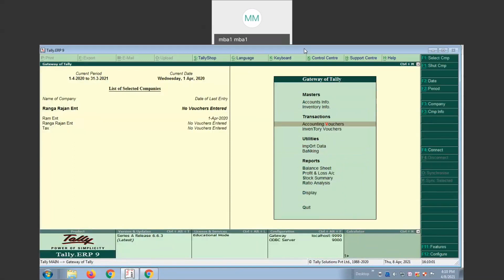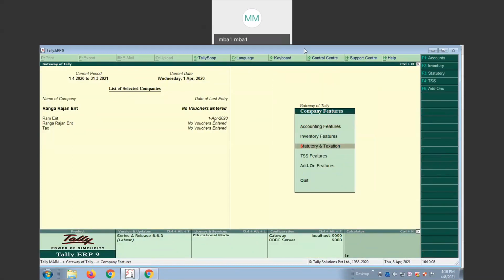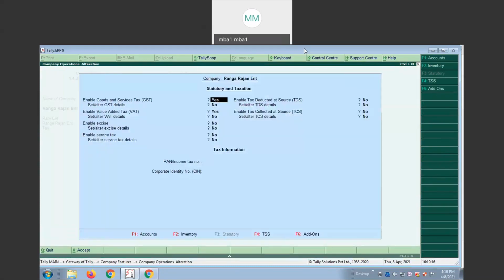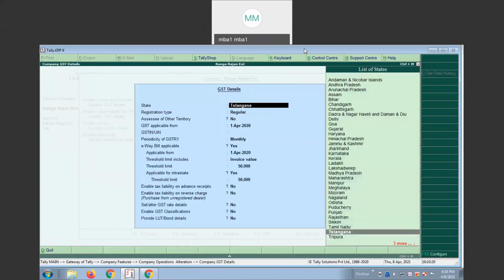Now, after creating the company, you need to enable GST by clicking F11. Statutory taxation. Select the company where you want to change the statutory tax information. So GST is enabled. When you click on the alter option, you will get a GST details form.